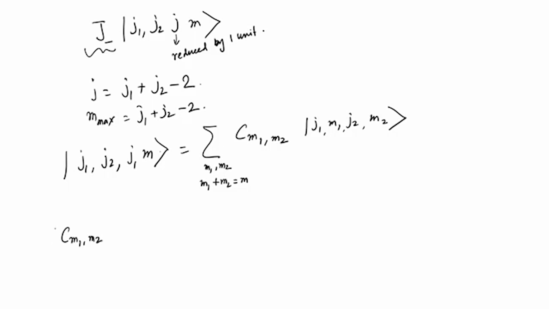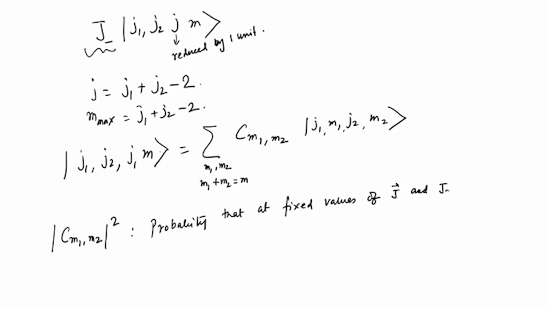Do they mean something? Yes. Its mod square is the probability that, at fixed values of J and Jz, that is the way we are writing it, a J and Jz measurement